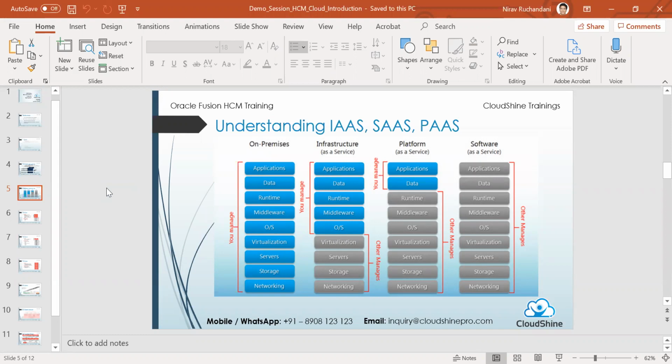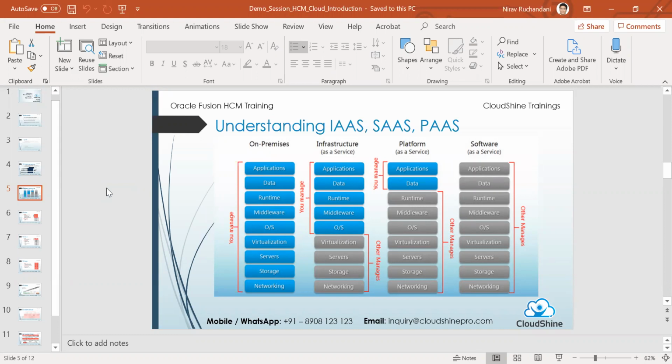Basically everything that you see, right from applications, data, middleware, operating system, servers, storage, networking, etc. All of this, after the implementation at least, is managed by the company